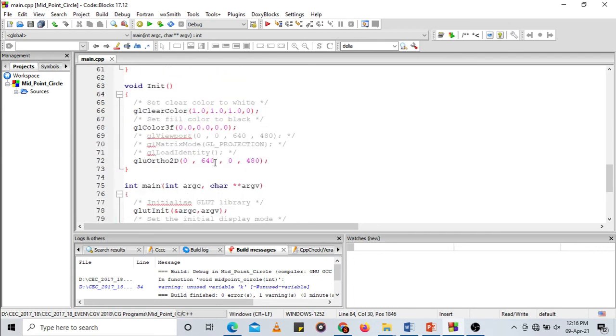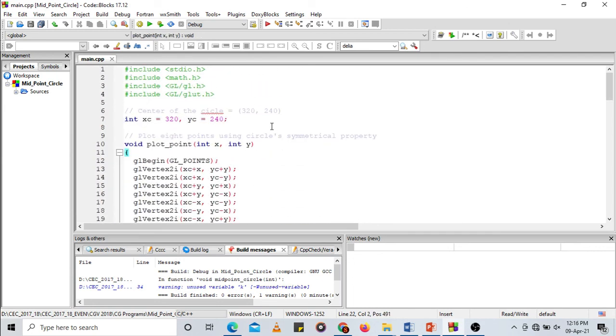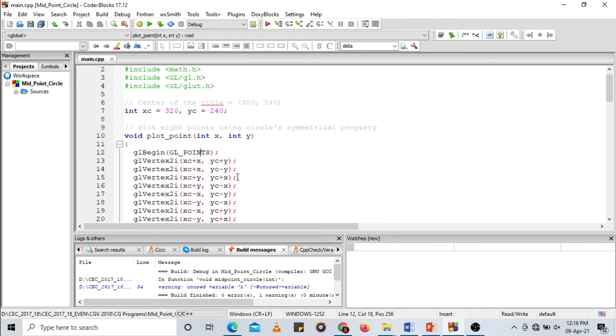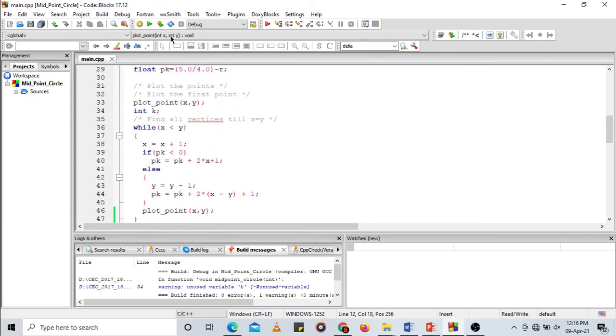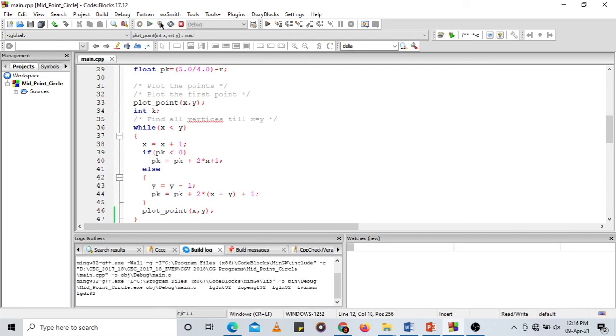Okay. So also remember, we have used these header files here, and the circle center position we have given as 320, 240. So whatever values we have, as per the algorithm, we need to increment them by the values of xc and yc. For every x and y that you have calculated, we need to add xc and yc, and we need to determine the symmetry across the remaining octants. Okay, let me just run this program and let us try to observe the output.